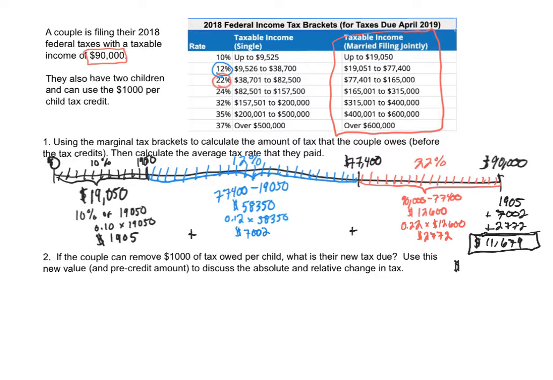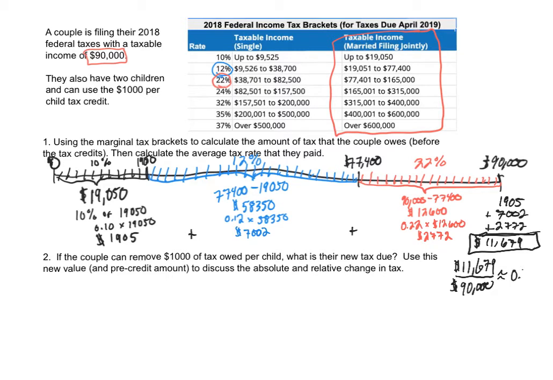If we want to find the average amount that they paid, we're going to take that amount and divide by their taxable income. So $11,679, let's divide that by how much their taxable income was. So that's out of $90,000. So if we take $11,679 divided by 90,000, this is approximately, and let's write this out a little bit,